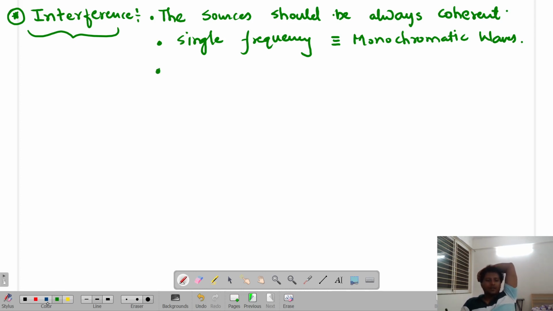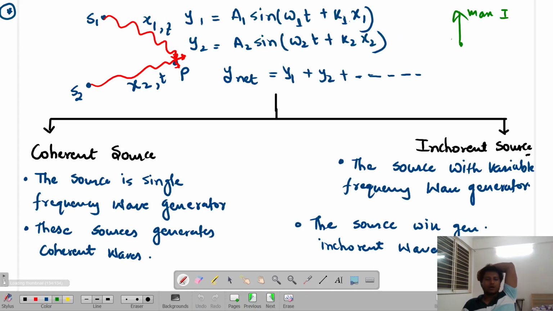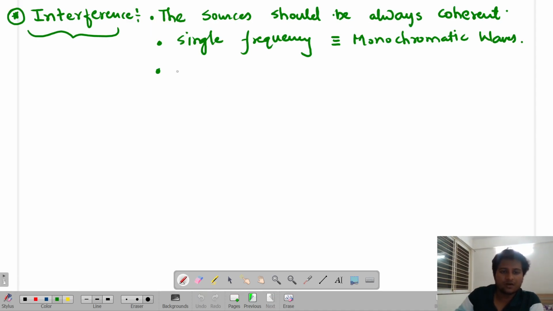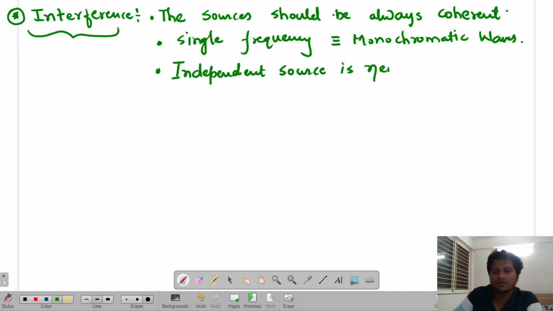Second point. अब देख, अब हमारे पास दो सोर्सेस हैं. अब हमने सोचा एक एक्सपेरिमेंट करते हैं कि मान लेते हैं ये भी एक कोहेरेंट सोर्स है, ये भी एक कोहेरेंट सोर्स है. दोनों के पास सेम फ्रीक्वेंसी है, लेकिन सोर्सेस जो हैं अलग अलग चीजों से प्रोड्यूस हो रही है. मतलब ये वेव्स are not producing from the same source. Is that clear? So remember that whenever you consider any kind of independent source, any independent source is never coherent. Why? Due to manufacturing